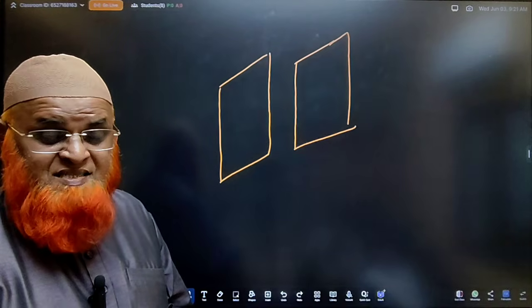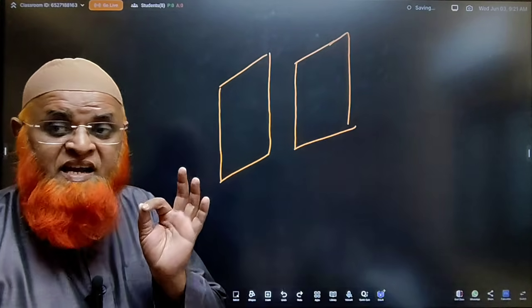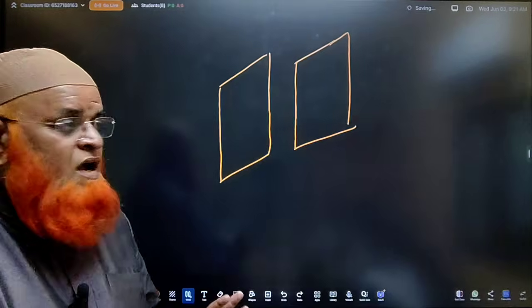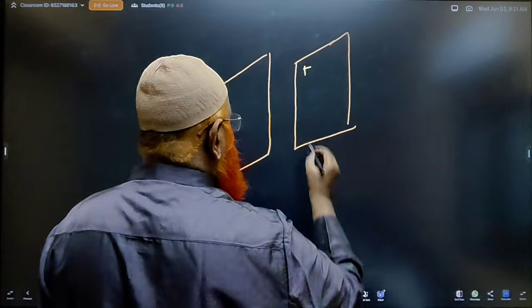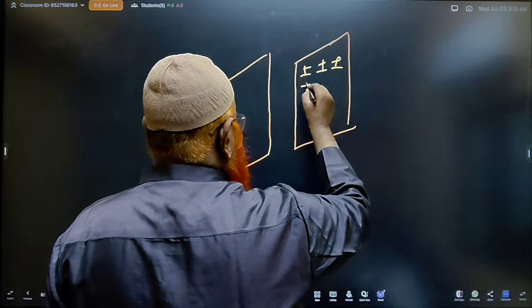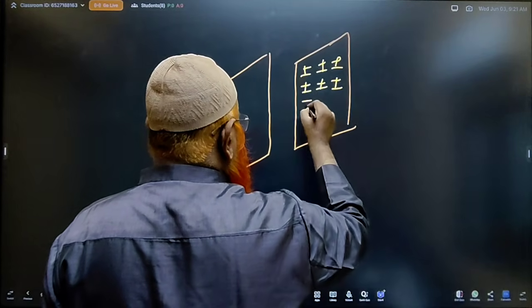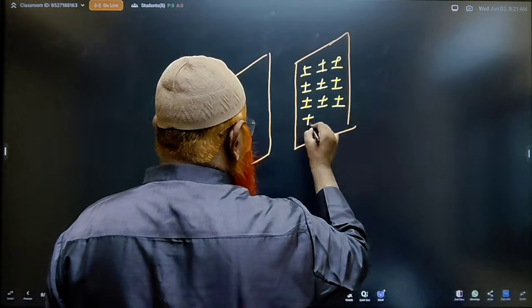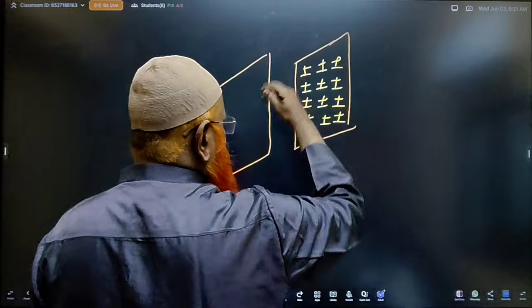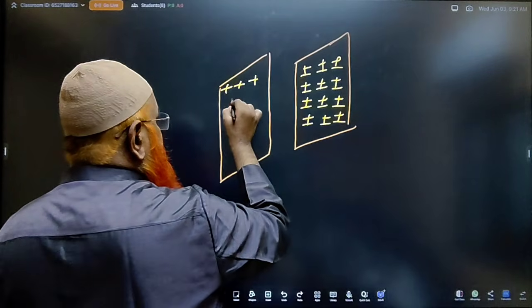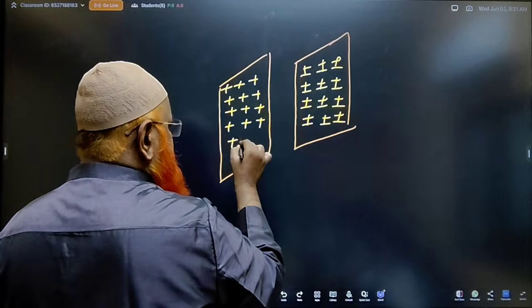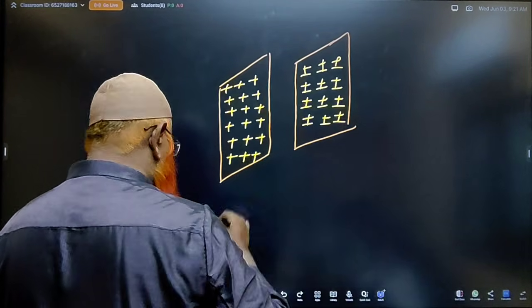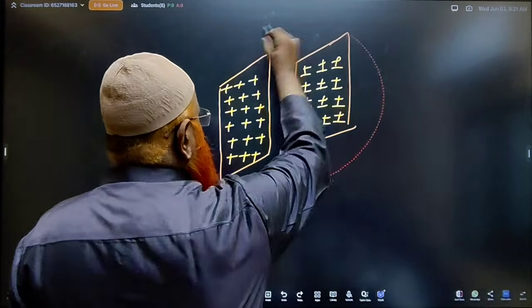I told you in the first class that induction is the process we use in this capacitor. What will you do here? You know, this is a plate which is having neutral charges. All the positive and negative are beside, means it's going to be neutral, kada. It's a neutral plate, and I am keeping a positive plate near the neutral plate. Then what is going to happen? As I said earlier,